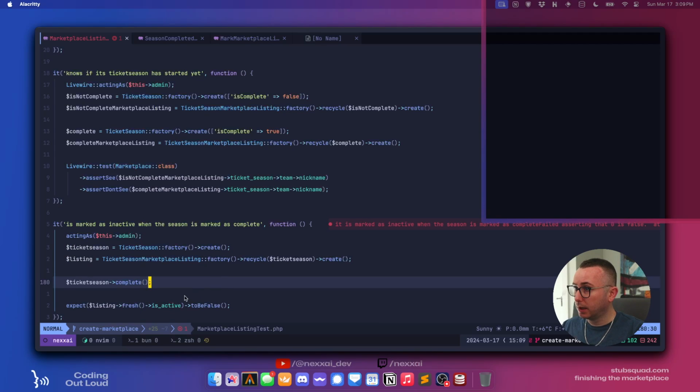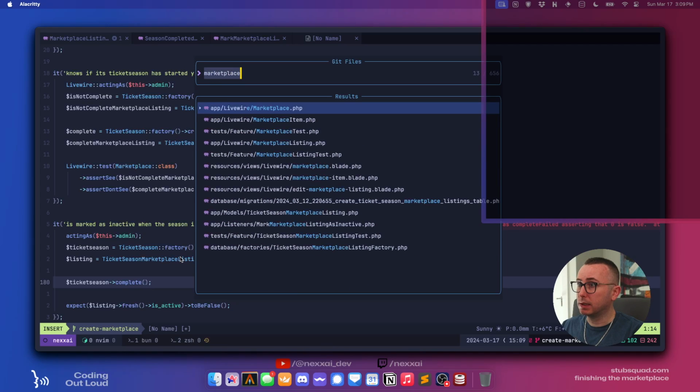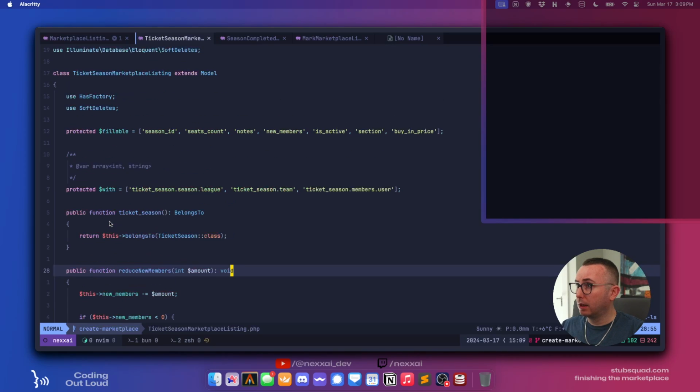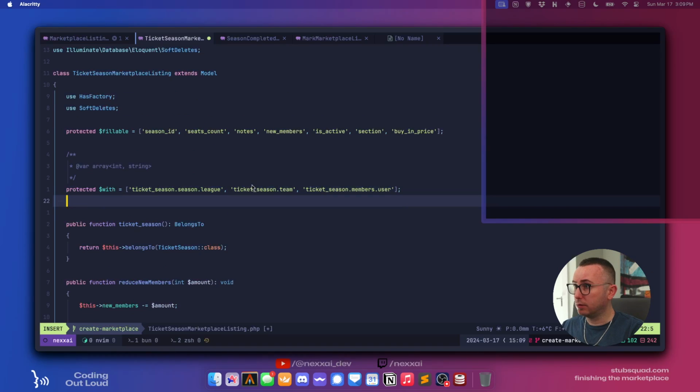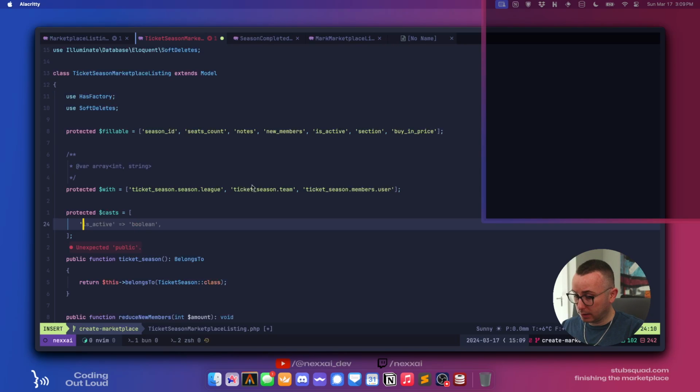Okay. So we want to go into our marketplace listing. We want to cast that to protected casts is active as boolean.